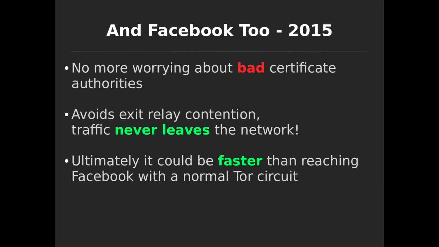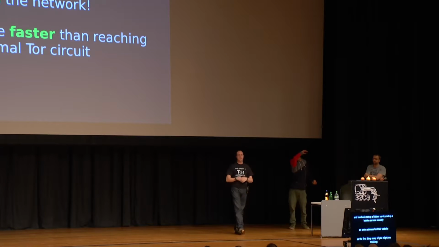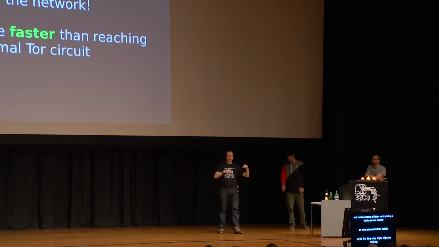So the first thing many of you might be thinking is, wait a minute, I don't understand. Facebook is a website on the internet. Why do they need a hidden service? Why do they need an Onion address? So the first answer is, they worry about users in interesting countries. Say you've got a Facebook user in Turkey or Tunisia, and they try to go to Facebook, and the local DNS server lies to them and sends them somewhere else.